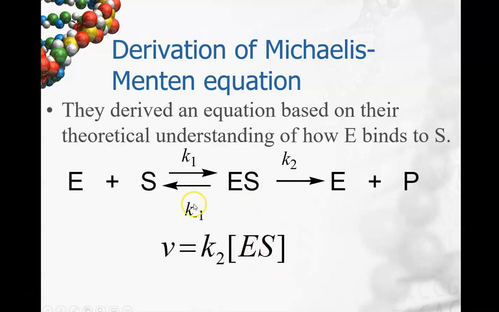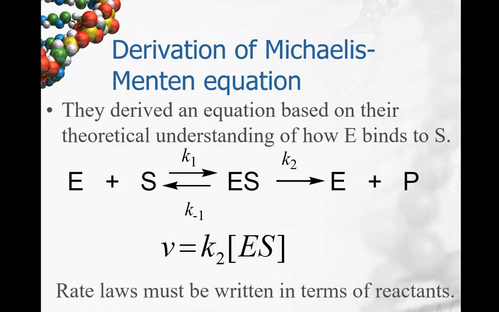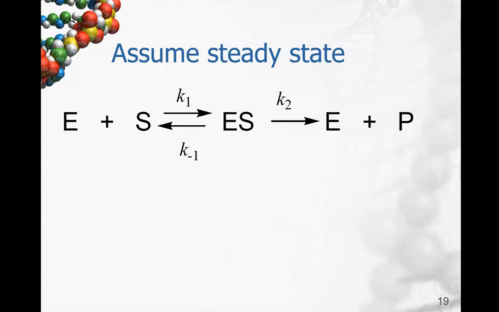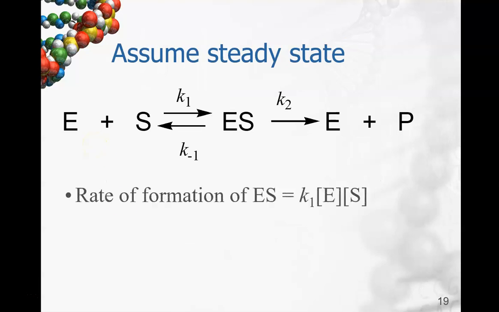Now we're not done, because remember when we started this lecture we said you can't write a rate law based on an intermediate. The enzyme substrate complex is an intermediate. We're going to have to do some algebraic manipulations to describe our rate law in terms of enzyme and substrate, which are our reactants. So rate laws have to be written in terms of reactants, so we can't stop there. Okay, so what we're going to do first is